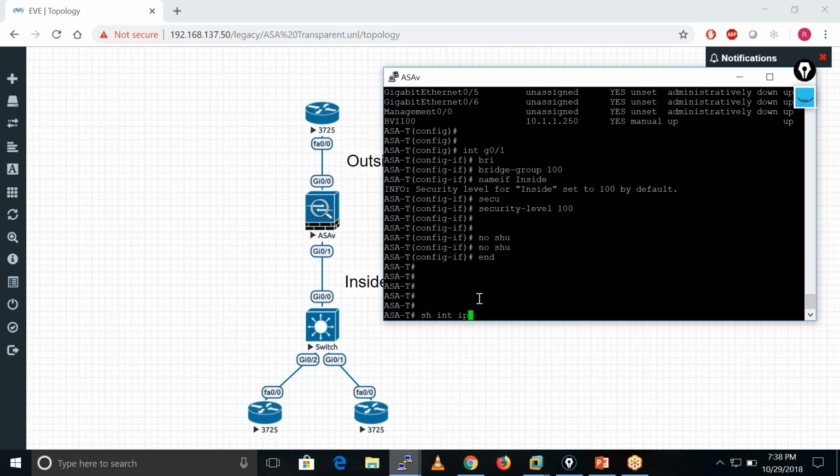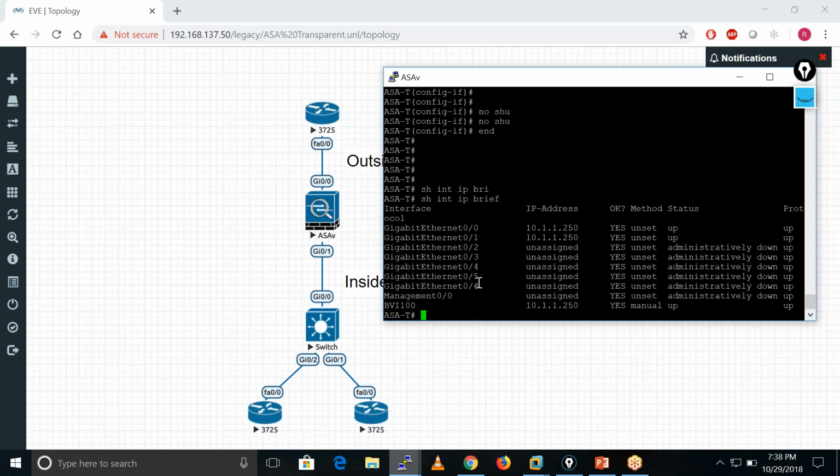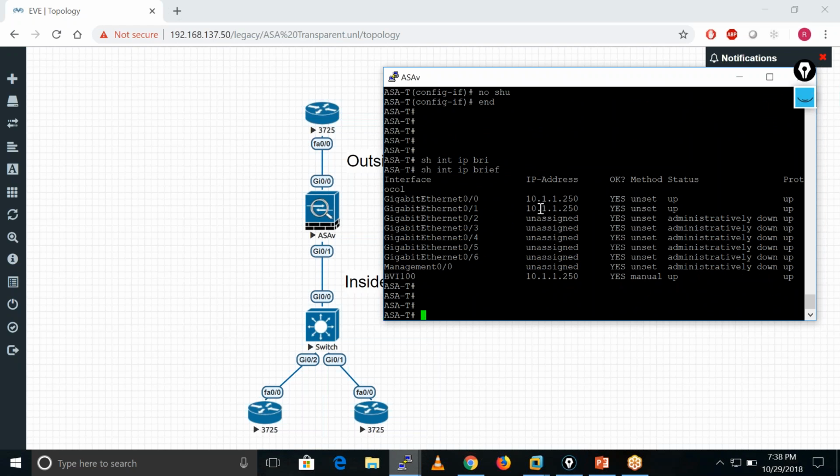So interface IP brief. Now you are able to see we have the same bridge group and the same IP address on both interfaces. That is how we can configure the interfaces on a transparent firewall.